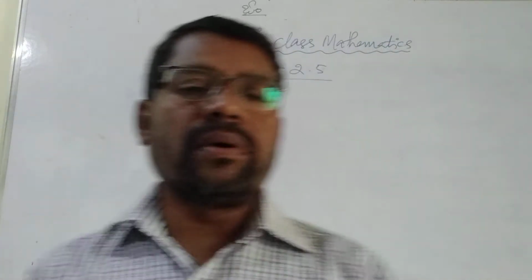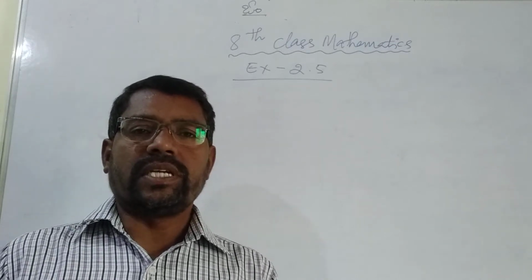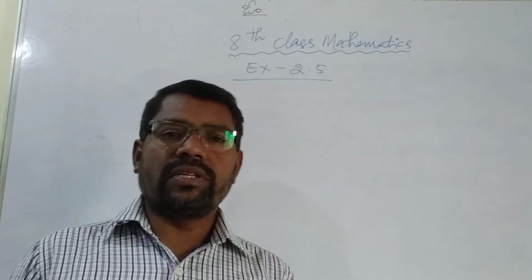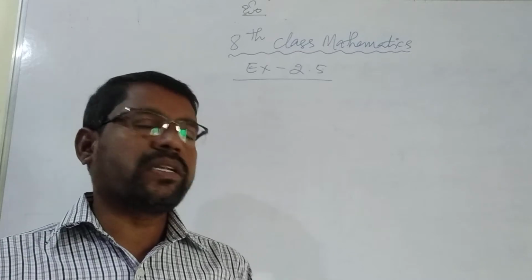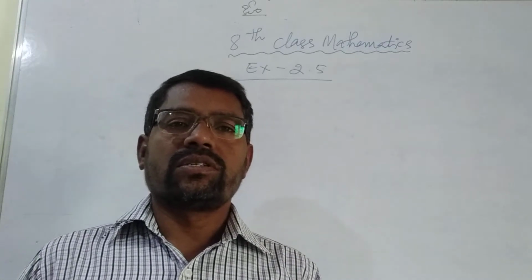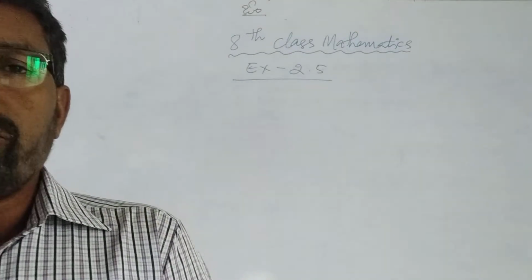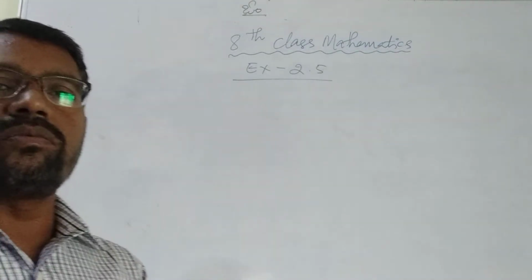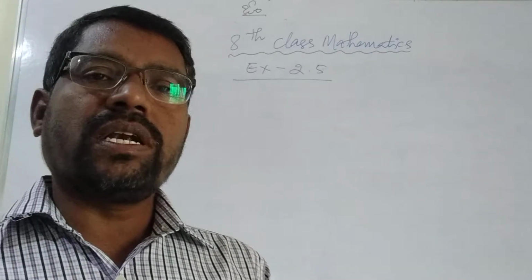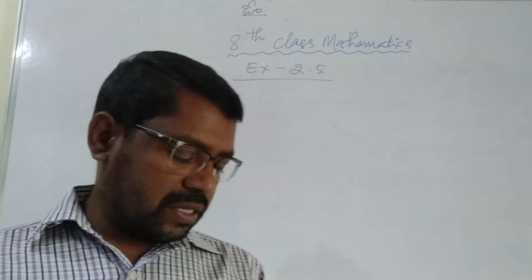Now in your verbal problems, we have to first formulate the equation, then after that see the left hand side and right hand side and transpose the numbers and also variables. So you are going to take one problem from your exercise 2.5 textbook, that is question number 2. Once you see in your textbook, the textbooks are already here in your schools, you already purchased or received them. What is that question number 2 in this?